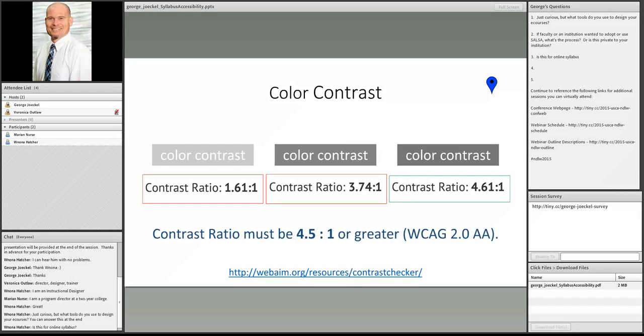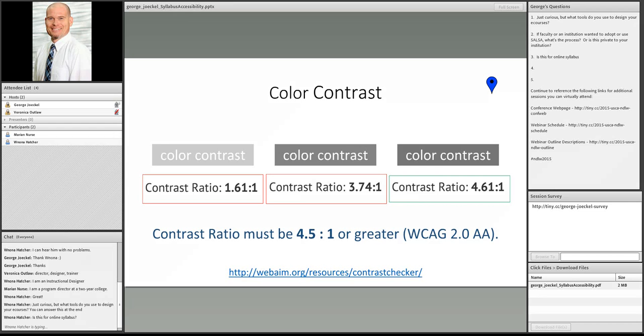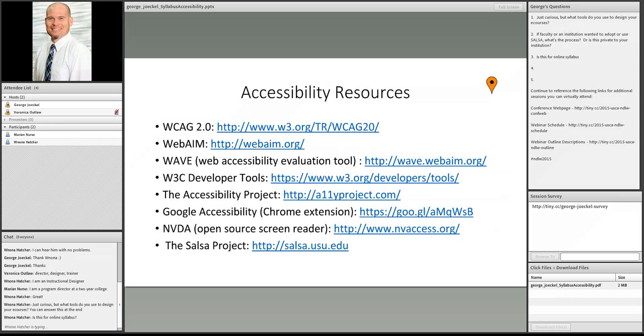So moving up here, we see that now we've gotten to 3.7, but not quite at that ratio. And then this final one is 4.6 to 1. So that one has now passed. And these values, again, I've got from a contrast checker that's available from WebAIM. And if we have a little bit of time afterwards and people are interested in looking at that more, we can get into that.